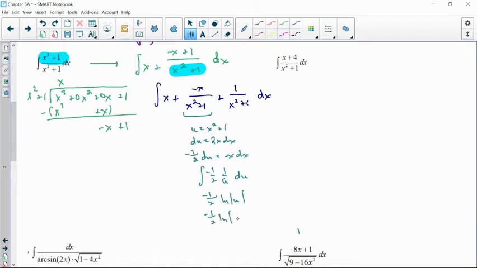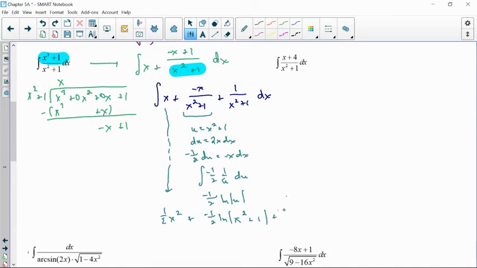Now, technically, I probably wouldn't need a set of absolute value bars here because x squared plus 1 will always be positive. And then when we bring down this integral, it's just a normal power rule. So it's 1/2 x squared plus this term here. And then this is actually a perfect inverse tangent, right? There's no u substitution. Our a is 1. So then I know that that's